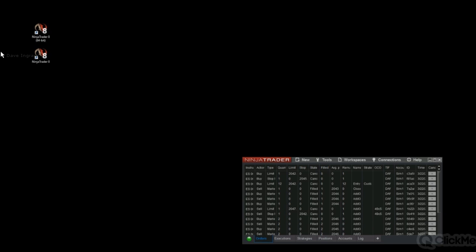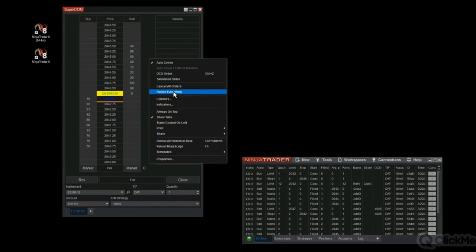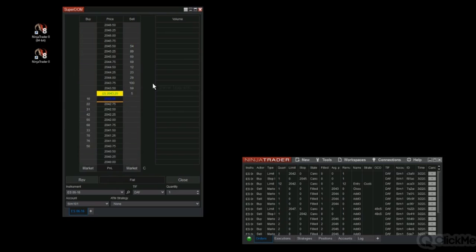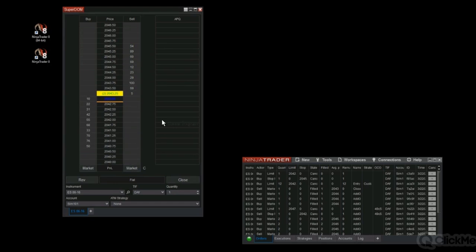Right, so just update this here and show you another column. Let's take a look at the APQ column. APQ, average position in Q. So let's say I had a sell limit order going on here. We can now see our position in Q based on the depth information given to us by our provider. So we can see we're currently